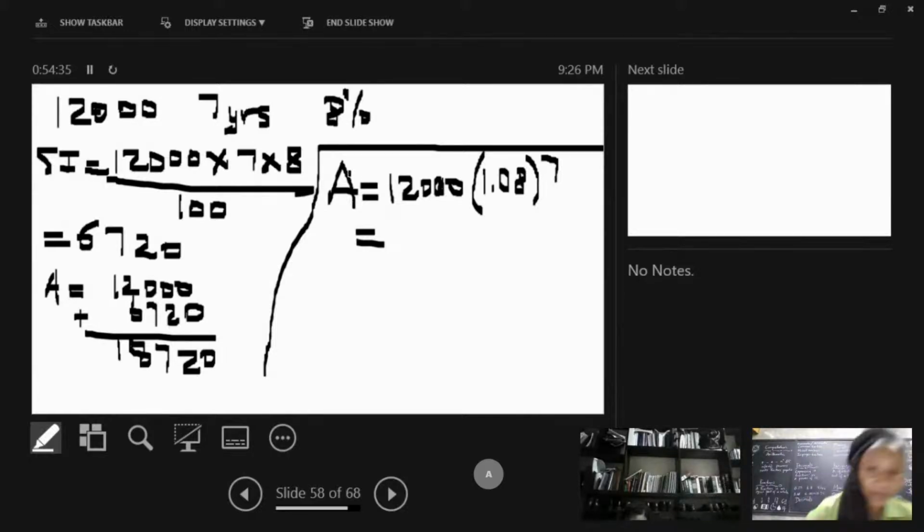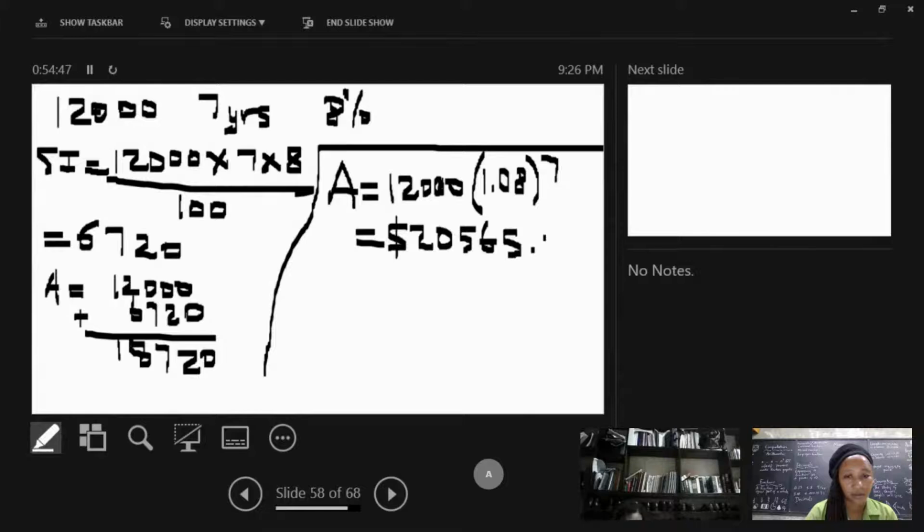Okay, so tell me that figure again. 20,565.89. All right, so this is the amount. So it's 20,565.89 compared to